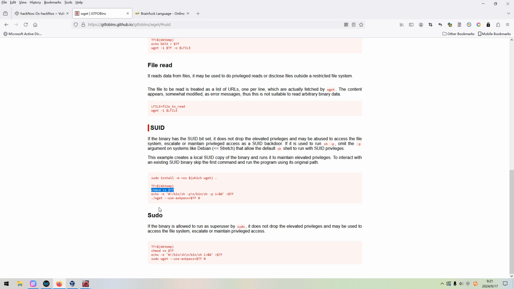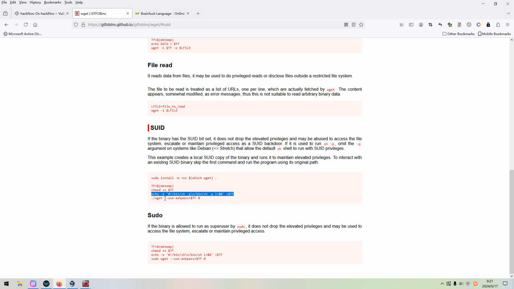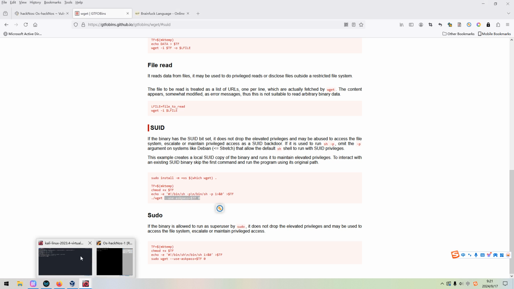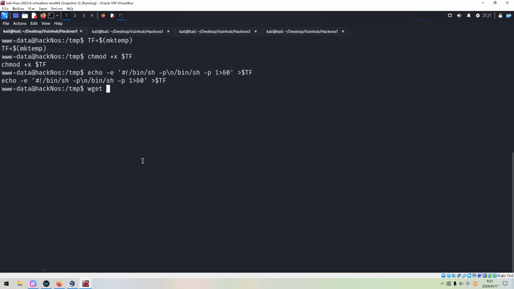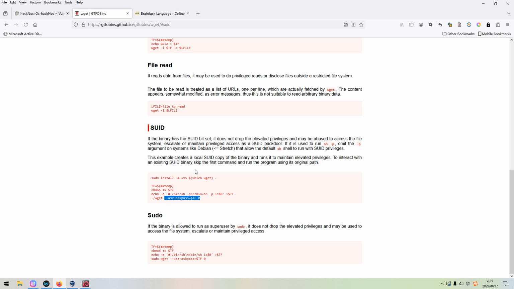This time we can change mode. We can copy, paste in here, and then we can copy this part, wget. However, we got the error. So it means that this way cannot work for our case.